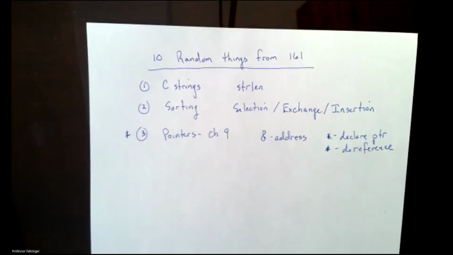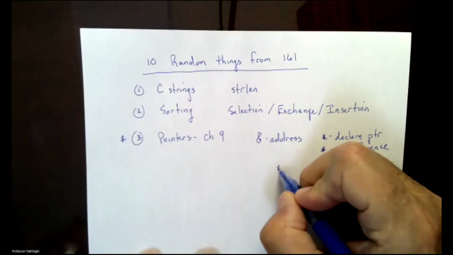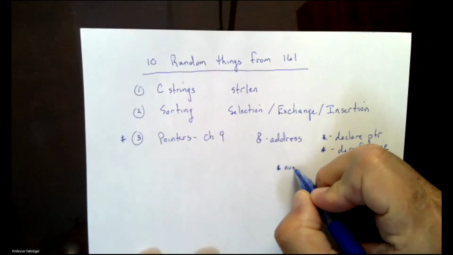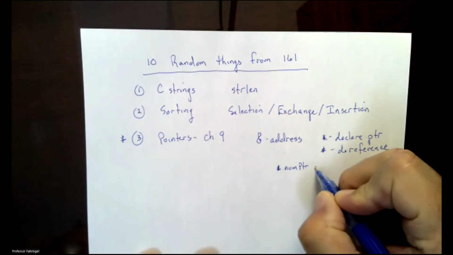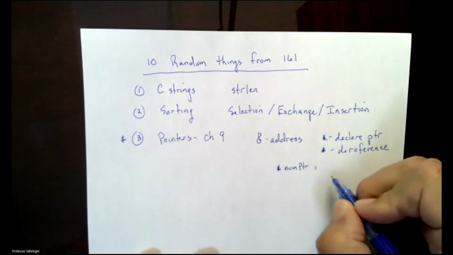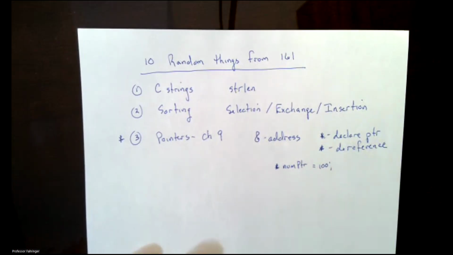And we put that in front of a pointer so we could assign a value, because the pointer name held the address. But when we did something like asterisk num pointer, we could go to that address and assign a value like 100. The pointers are really, really big in this course.